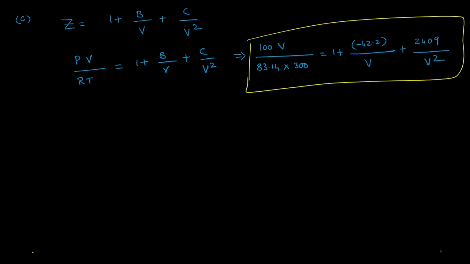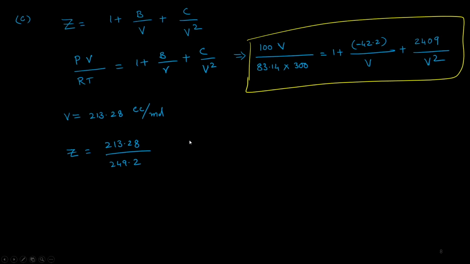Everything except V is known. I could use any suitable software, Excel maybe, and then get what the value of V is going to be. In this case, that V turns out to be 213.28 centimeter cube per mole. If I want to calculate Z, it's going to be 213.28 over the ideal gas value, which is 249.2 at